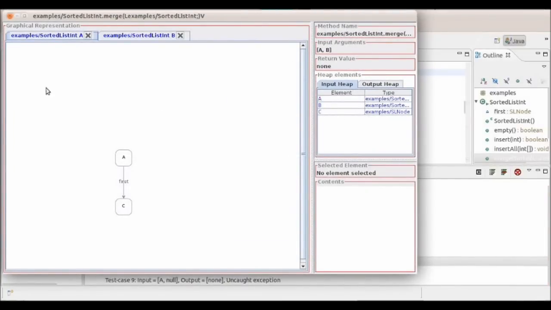On the left, we can see a tree-like graphical representation of all reachable objects from the selected one. By default, the viewer shows the tree starting from each input argument of reference type. Note that objects are labeled with the reference name they are pointed from. Now, clicking on object B, we can see that its field first has a null pointer, which denotes that the